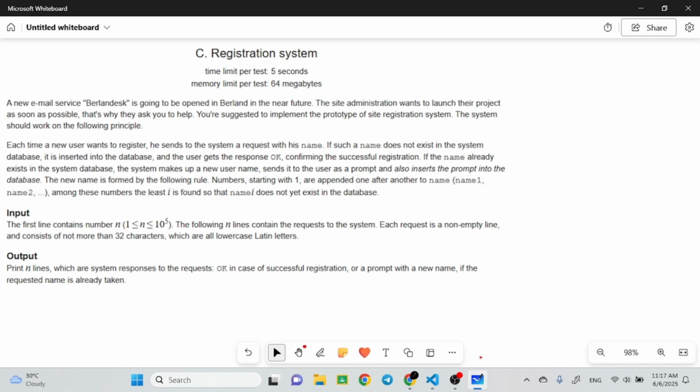So let's start. Here users are going to open an email service for themselves, and for that reason they are going to register their name in the system. In this process, when they put their name, the system checks whether the name exists or not in the system. If it does not exist, if it's a unique name, then the system returns OK. Otherwise,